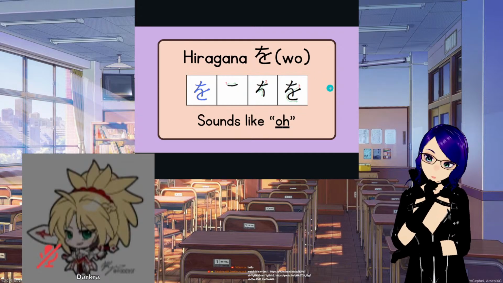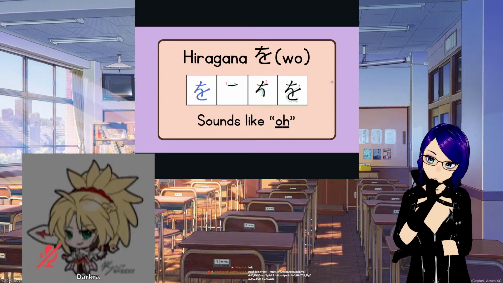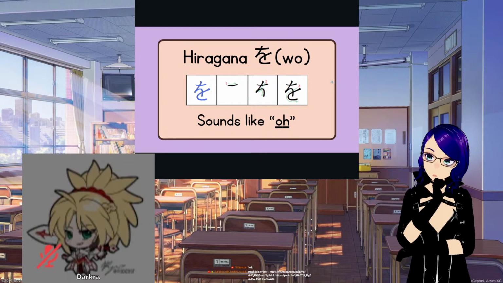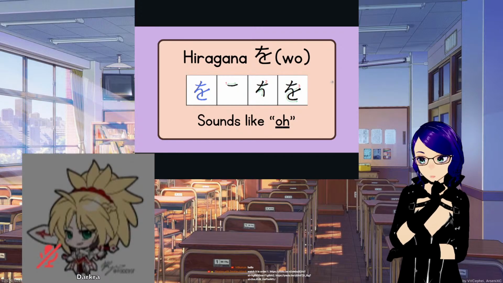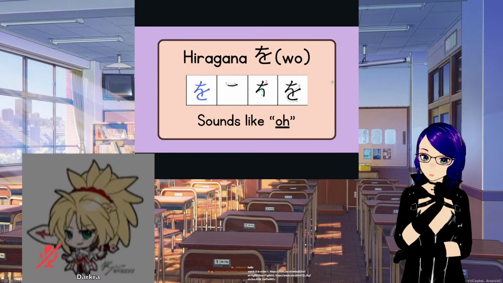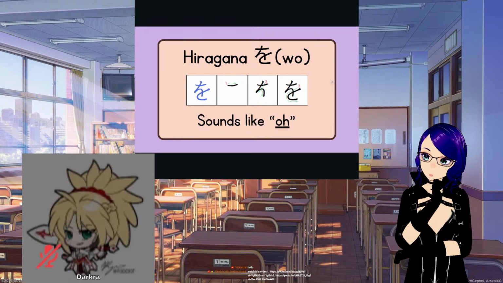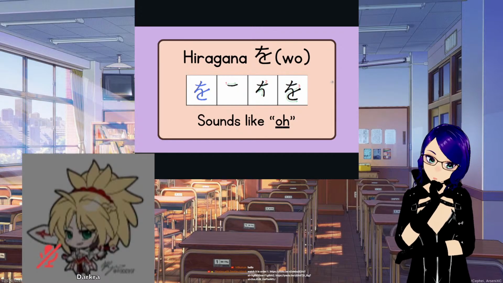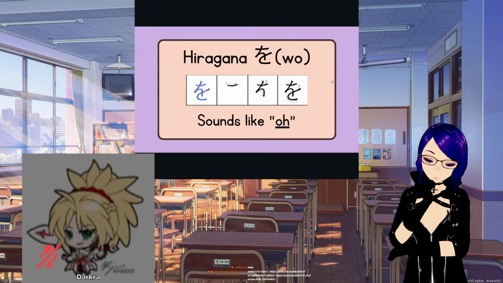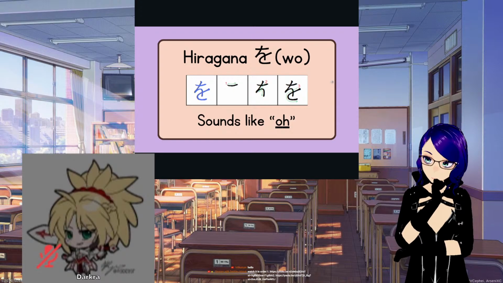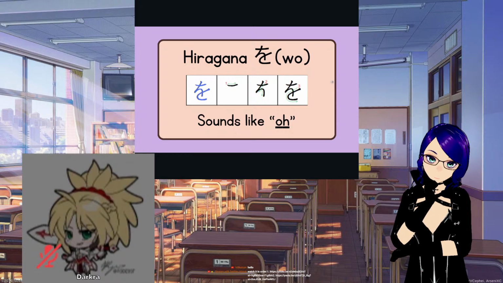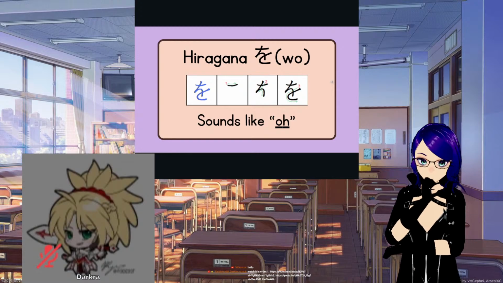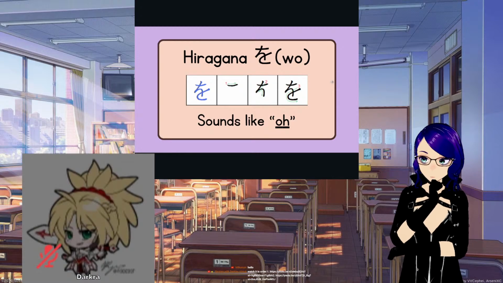Okay, this one over here, I have to say, it is not a character for a word, it is a character for a particle. And there are a few particles in Japanese. For example, wa. For example, ga. For example, to. And then this one is wo. So there are a couple of those. And this one was specially created. It's something like a possessive pronoun, belonging kind of thing.